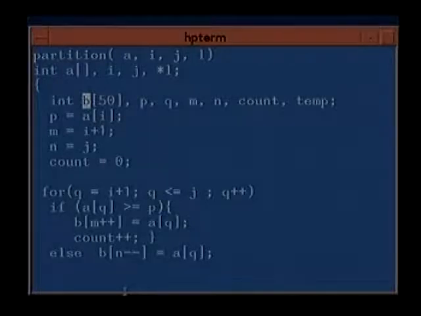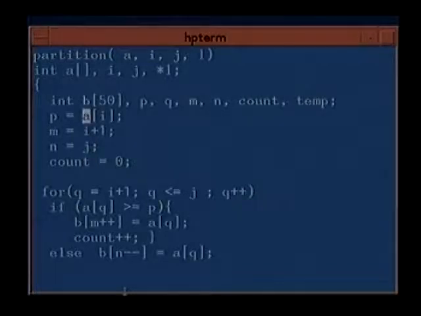The elements which were greater than or equal to we put in B1, and the elements which were less than we put in B2. Here we just use one array: the elements which are greater than or equal to we put from Bi onwards, and the elements which are less than we put backwards from Bj. So in one array we can handle the whole thing.